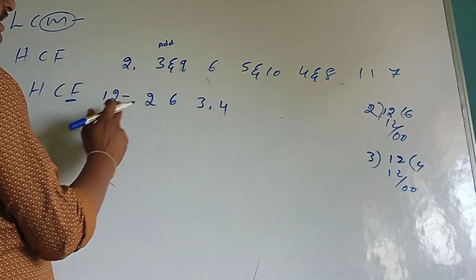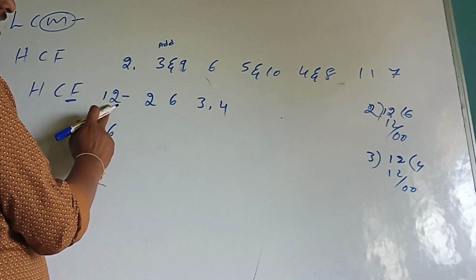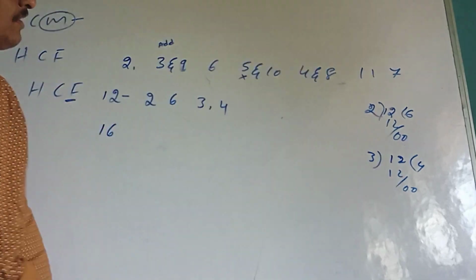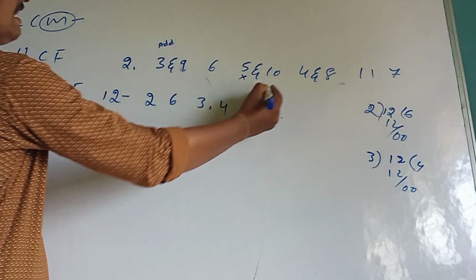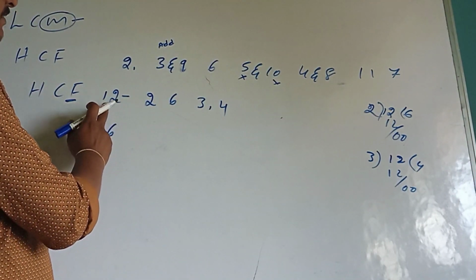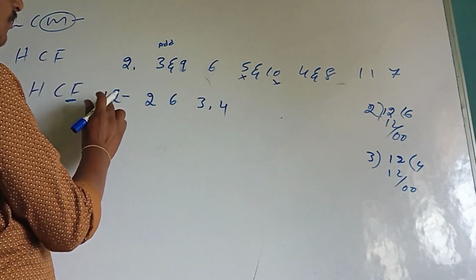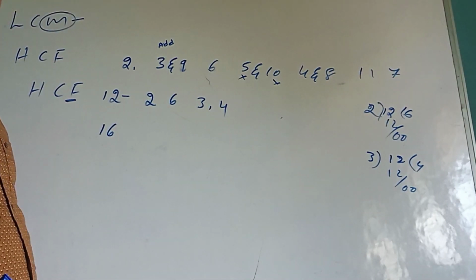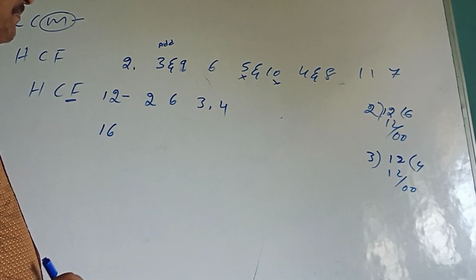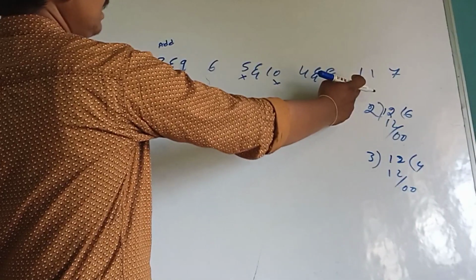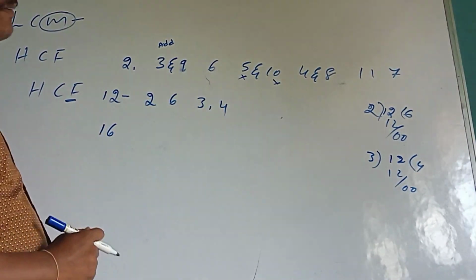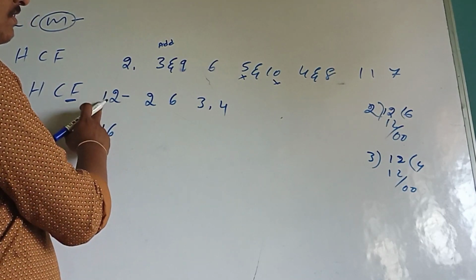In the ones place there is no 0, there is no 5, so it is not divided by 5. In the ones place there is no 0, so that is the reason it is not divided by 10. It is already divided by 4. 4 3s are 12. In the 8 table, 8 2s are 16, it does not come. For 11, 2 minus 1 is 1, it is not divided by 11. And 7 2s are 14, it is not divided.